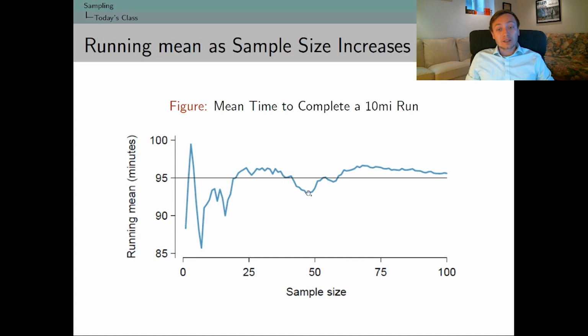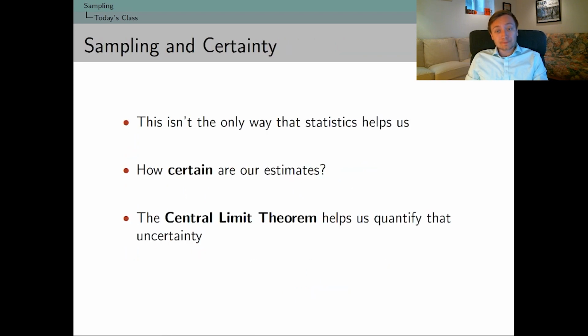As we go, as it turns out, even though there are some minor deviations across time, since some of these runners in the middle cluster were really fast and some were a little slower, we actually get closer and closer to that true mean. And that's a really powerful finding. What that tells us is that a sample of 4 people is a pretty bad sample for trying to understand population parameters. But a sample of 100 could get us pretty close to the actual running mean of these runners. So that's really helpful, a very useful quantity in our statistical toolbox.